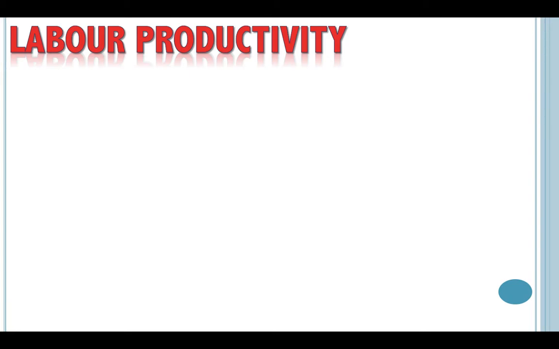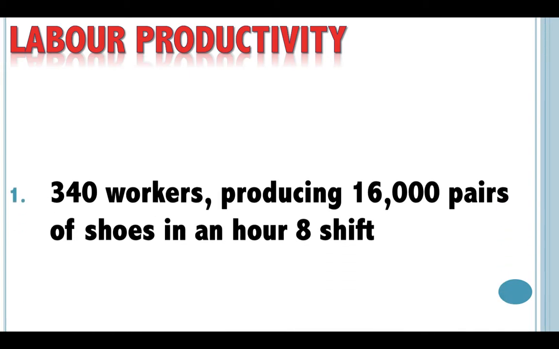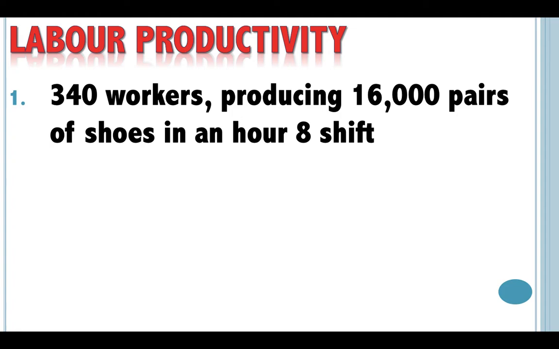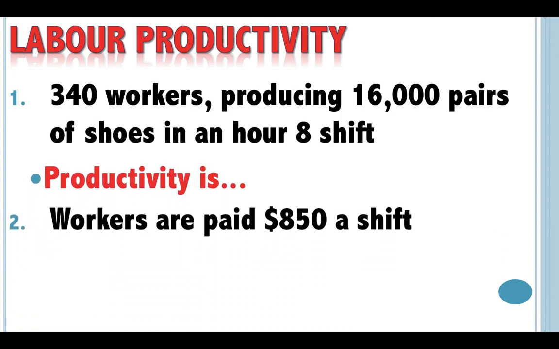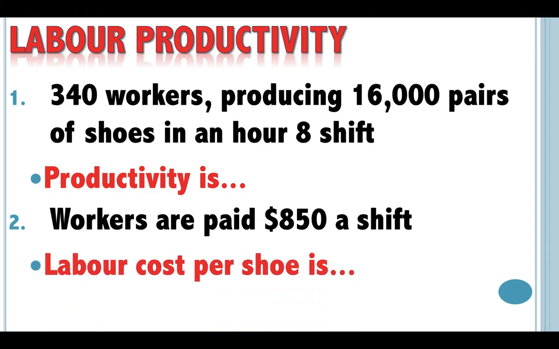So, labour productivity, I'm sure we've mentioned this in the past. What I want you to do is a little question. So 340 workers are producing 16,000 pairs of shoes in an 8-hour shift. What is the labour productivity? And if each worker is paid $850 a shift, what is the labour cost per shoe? So what is the cost